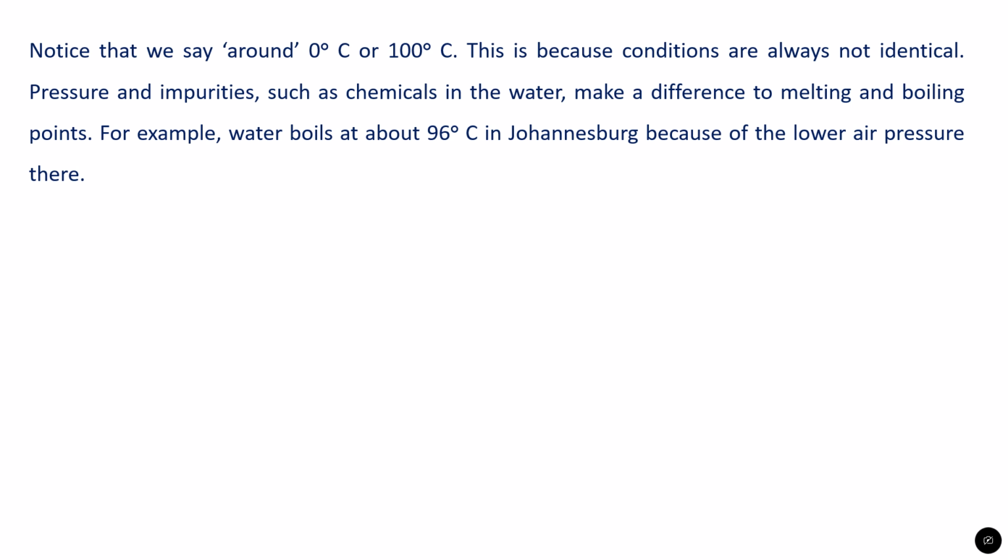Things that cause the boiling point and the melting point to differ are pressure, atmospheric pressure, and also impurities in the environment, like impurities in chemicals, for example in the water. Maybe in that period they had put more chlorine into the water, so it's going to affect the boiling point. For example, the boiling point of water could be 96 degrees Celsius in Johannesburg because the atmospheric